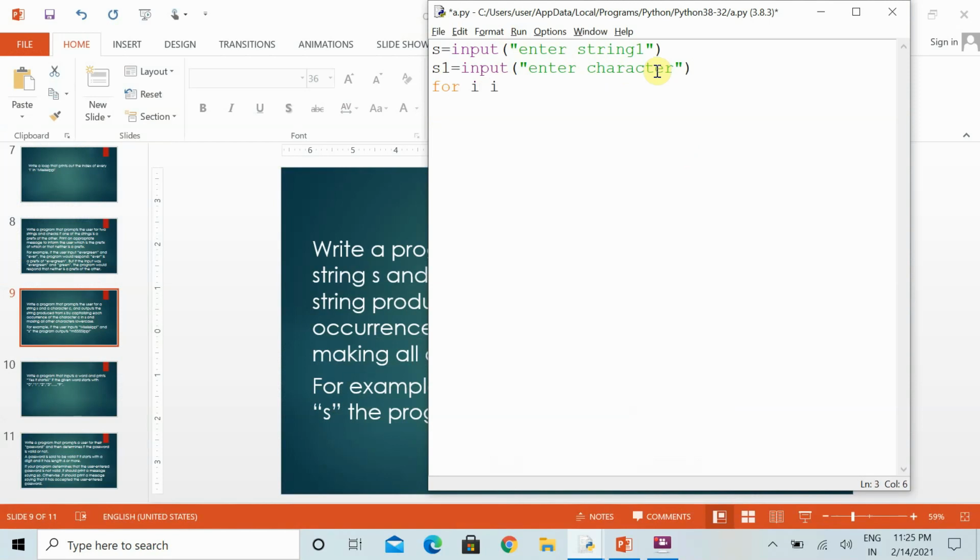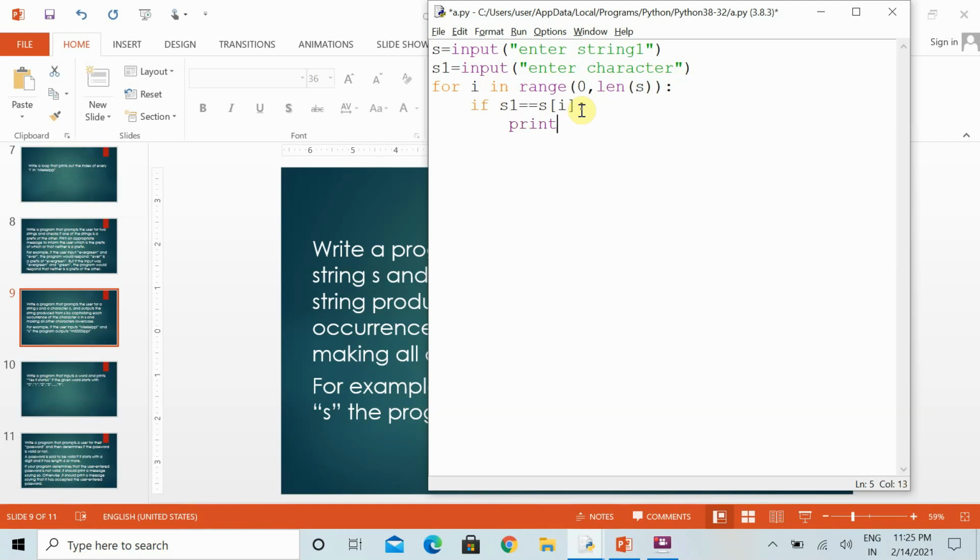And for that, because we have to check each and every letter, we can use the range function. Then we can check whether the second input, the letter, is part of the first string or not. Whenever we are using the string in a range function, we have to specify the string in this way.